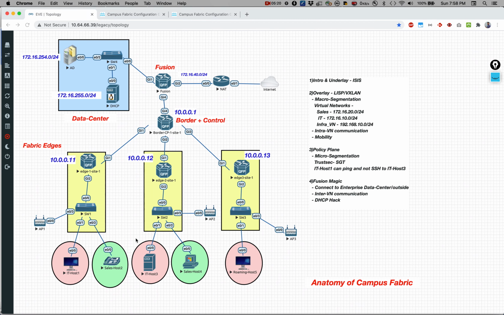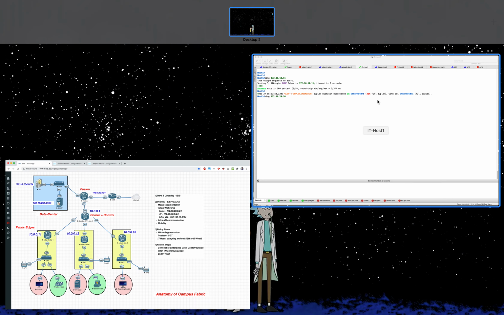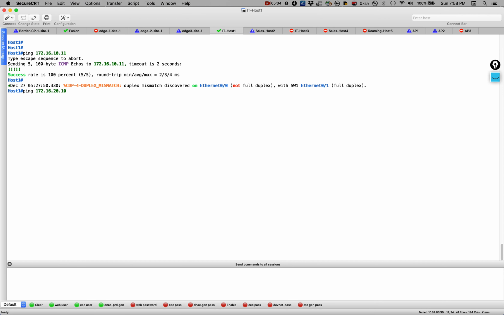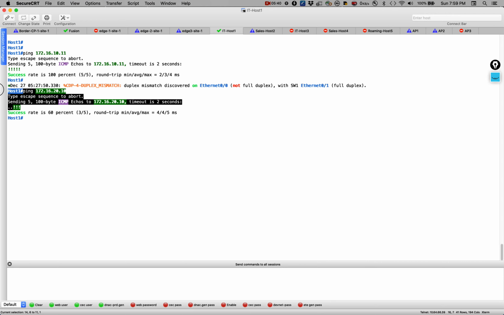Let's go back to our diagram. I'm trying to ping from IT host 1 to this guy, right? To sales host 2, which is in a different VRF, which is 20. Let's do 20.10. Yeah, correct. Let's check if this works. Yeah, there you go. It worked, right? So awesome. So we are able to now talk to